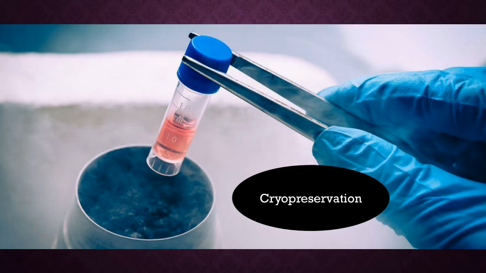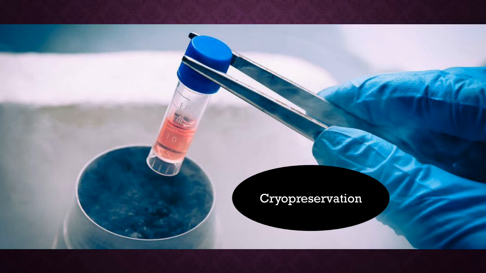Now, cryopreservation is basically freezing the cultures, but not at 0 degrees Celsius, freezing them in liquid nitrogen, which means the temperature is minus 196 degrees Celsius. This cryopreservation helps the microorganisms to survive for a much longer time. So in this method, the microorganisms are frozen steadily till minus 35 and then rapidly cooled at minus 196 degrees Celsius in liquid nitrogen. Now, if we freeze cultures without using a stabilizing agent, even at 0 degrees Celsius, the organisms will die.